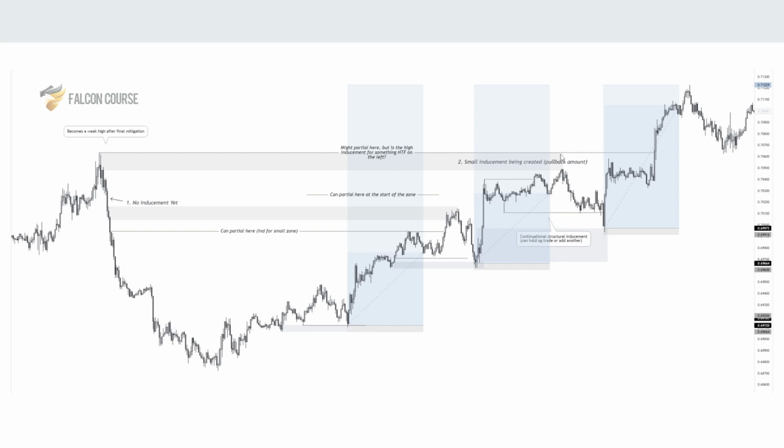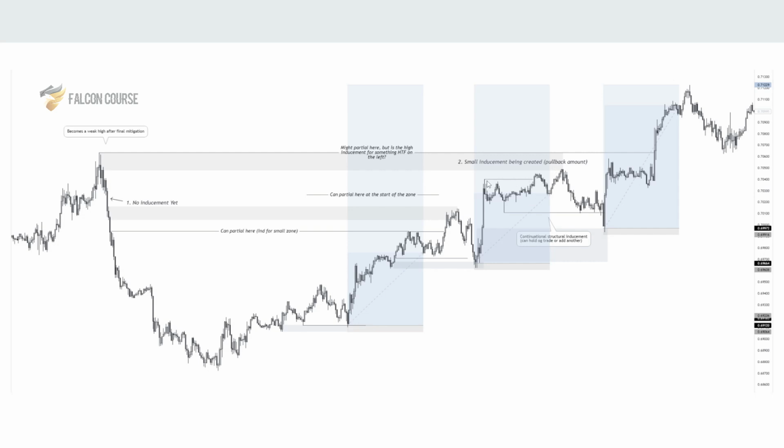Okay? So looking at this, we're actually able to just trade continuational trades from these manipulation points to our final target. But what this is also doing for us, it's allowing us to follow the money and understand that this high is not able to produce a reversal, just a pullback. Okay, so it does take some time looking at the chart. But if you're unsure about something, just partial. It's a great way to do it.